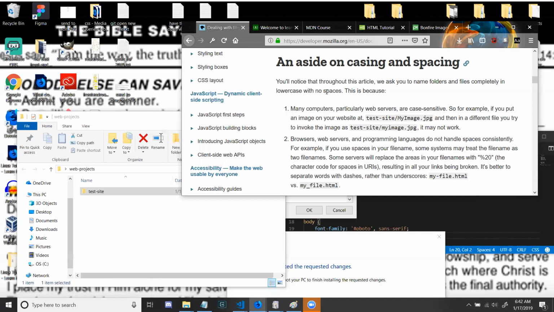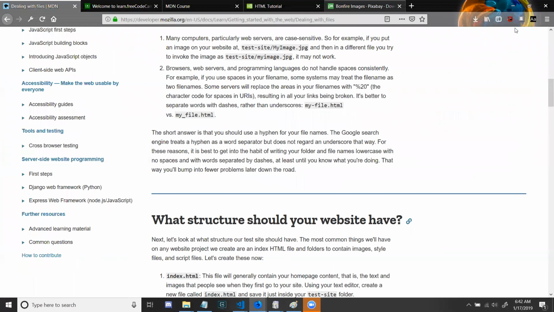So, for example, if you put an image on your website at test-site slash MyImage.jpg, with a capital, then in a different file you try to invoke the image as test-site slash myimage.jpg, it may not work. As you see, they're spelled differently. Number two, browsers, web servers, and programming languages do not